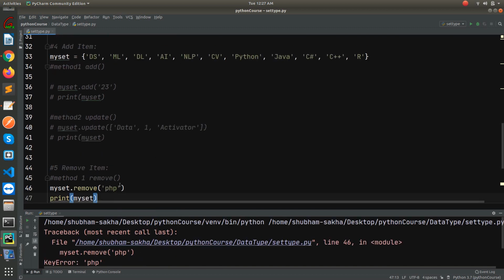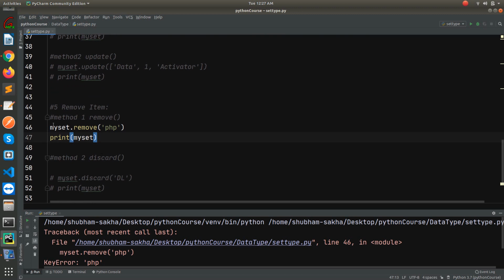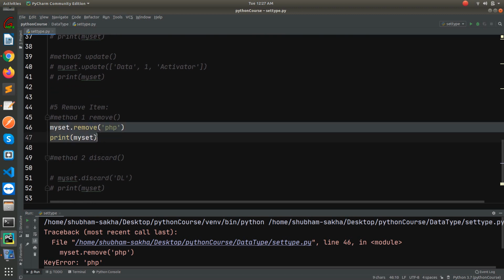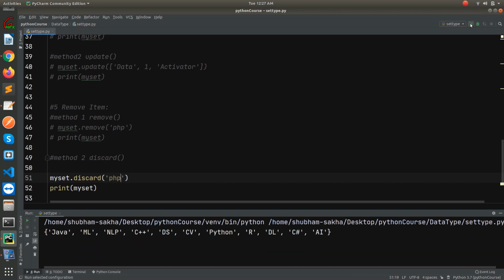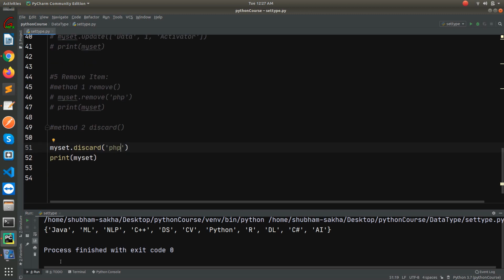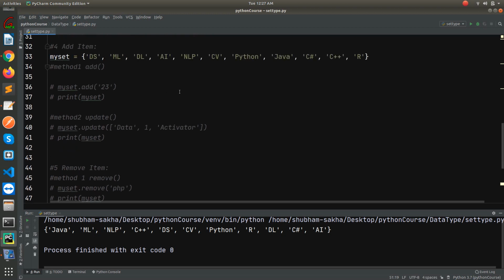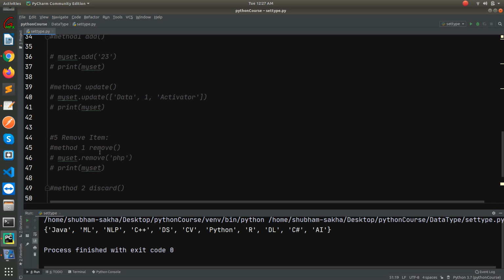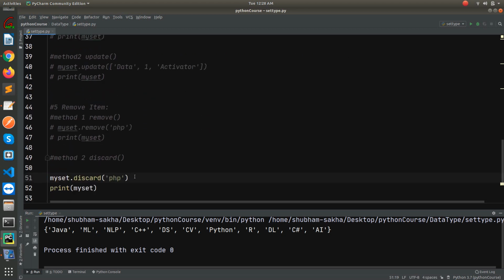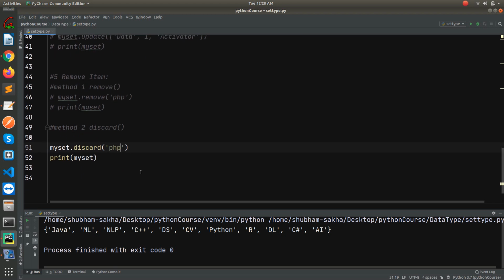So if we try to remove it, we'll get an error. But if you try to do the same thing with discard, you won't get any error. I will show you. PHP, if I try it, you will see it has printed, but it doesn't show any error. PHP was not present in our set, but if you call the remove method, that is going to show an error. But if you call the discard method, that won't show any error. So that is the difference between remove and discard.